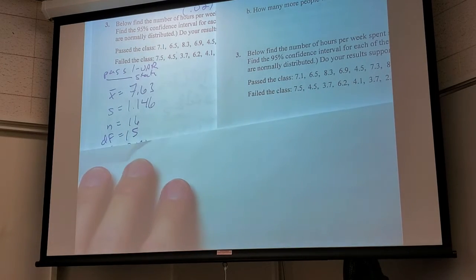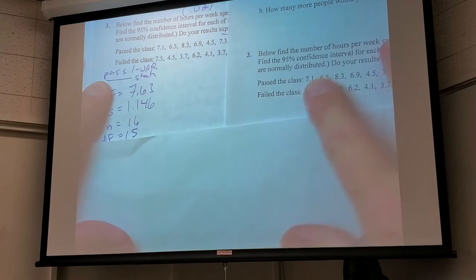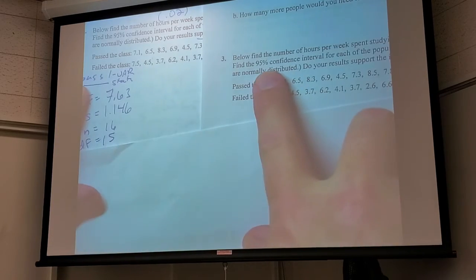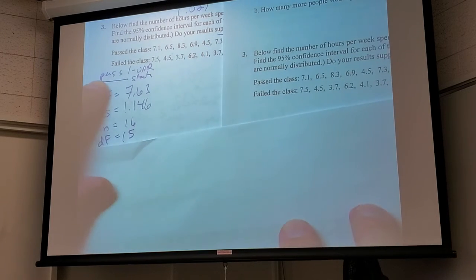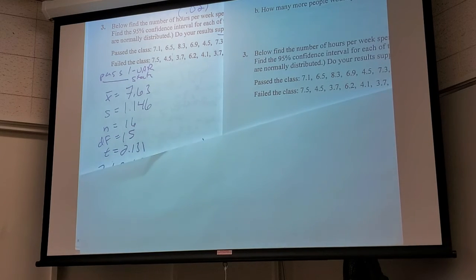So look up the t-score for this. I want to be, what is it? 95% confident, right? So you can look on the t-score chart. You have a two-tailed test with 5%, right? And you want to stop at 15. 2.131. Let's see what past me put down here. Yay, I put the same thing.